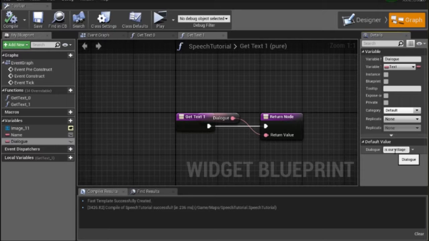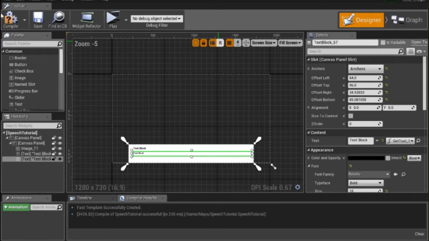Oh, please help. That's what our NPC says when we talk to her or him. It's right now pretty gender neutral. I will compile this, and